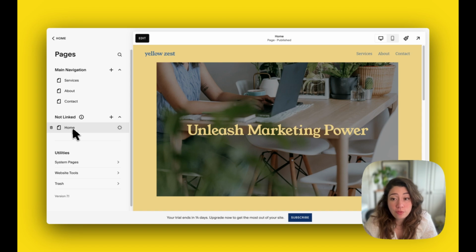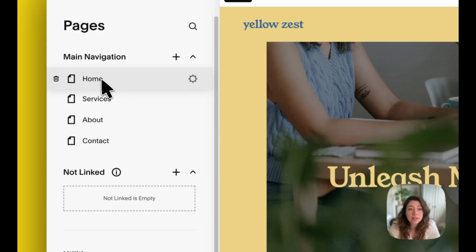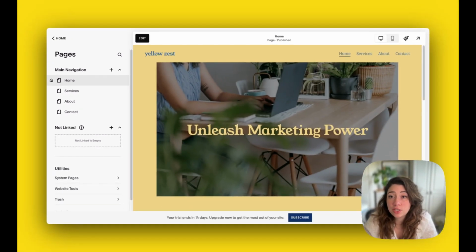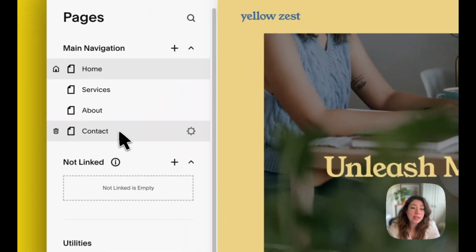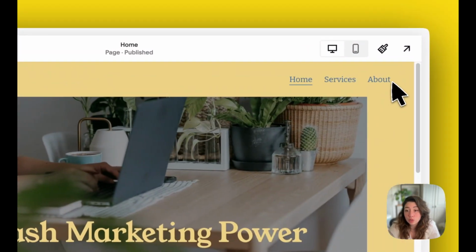So let's move her from the not linked to the linked part so people can have access to it. So you drag and drop. That is your page now showing here at the top. And the same page can be moved back again from the main navigation. You can hide a page, for example, contact. Let's hide the contact page by clicking and dragging here to the back,